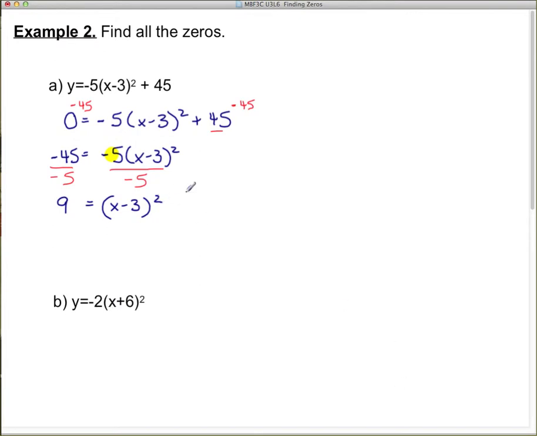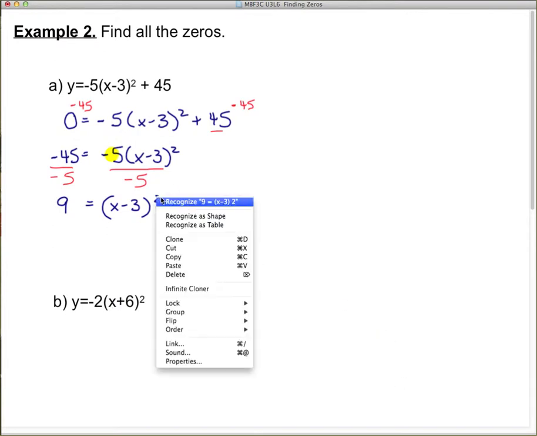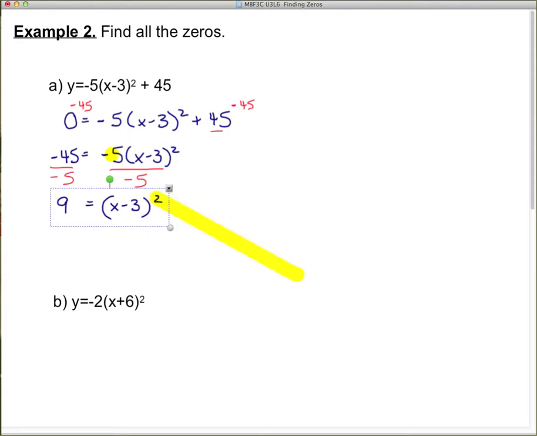The next thing, I've got to get rid of the squared. That's the thing that's bothering me. There we go. So to get rid of this squared here, we have to do the opposite. The opposite of squaring is taking the square root. So I'm going to take the square root of both sides. When I take the square root of both sides, it just goes away on this side and I'm left with